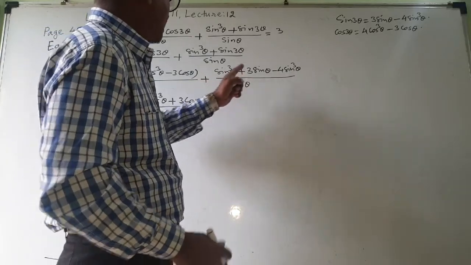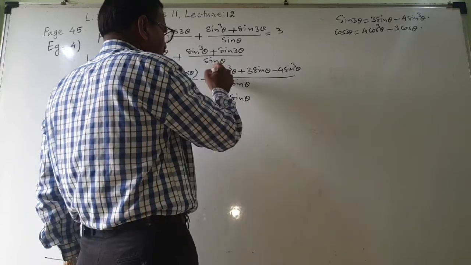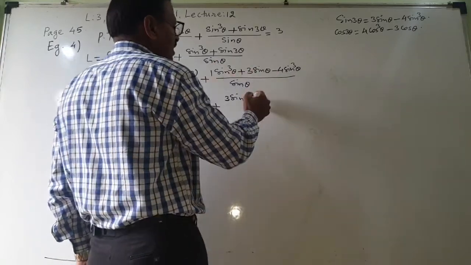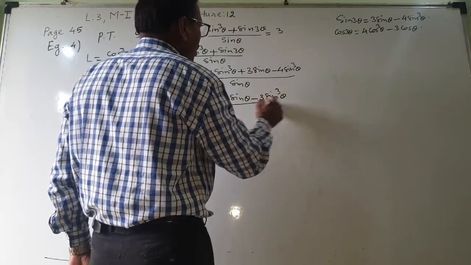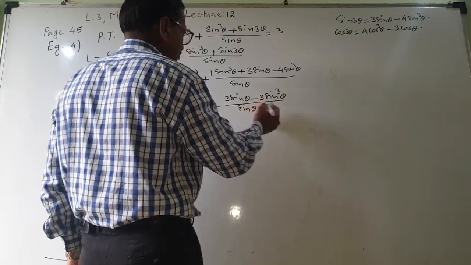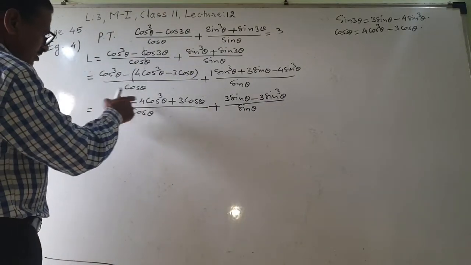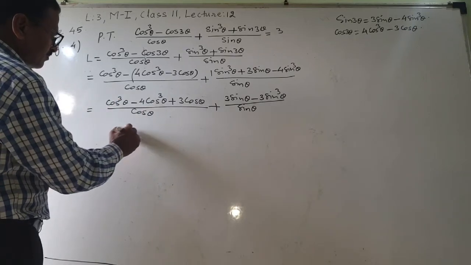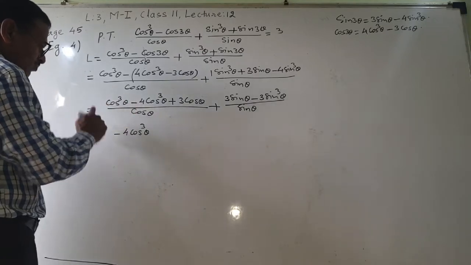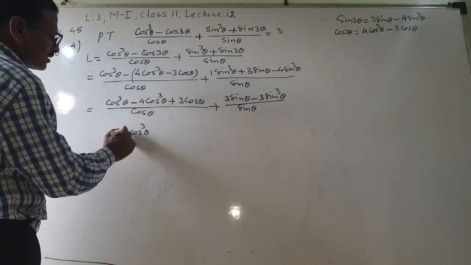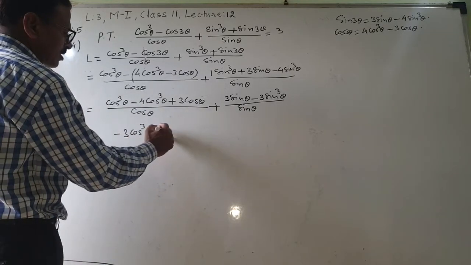Now this is 3 sin theta and this 1 sin cube minus 4 sin cube, that is minus 3 sin cube theta upon sin theta. This also I can solve, minus 4 cos cube theta and plus 1, so this will become minus 3 cos cube theta. See these two, plus 3 cos theta